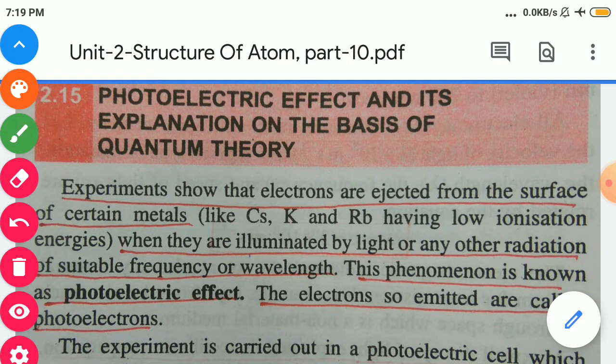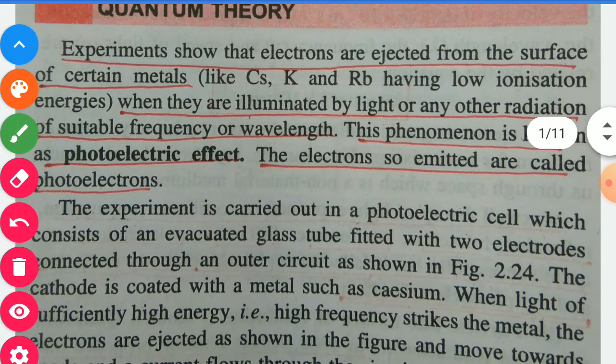First of all, the photoelectric effect. It can be defined as the process in which ejection of electrons takes place from a highly reactive metal, that is, a metal which contains low ionization enthalpy, in the presence of light or any other radiation of suitable frequency or wavelength. The electrons so emitted are known as photoelectrons, meaning in the process of photoelectric effect, the electrons which are emitted from the surface of the metal are known as